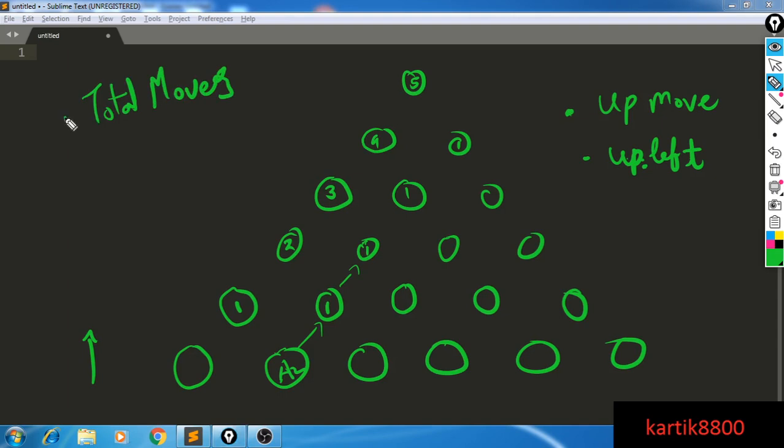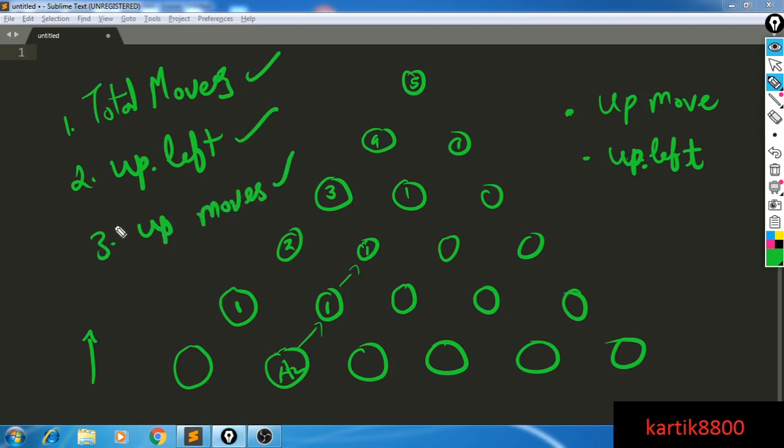So you know the total moves needed. You know the exact number of up left moves needed, the moves that you make in the directionally left upward direction. And since you know the total moves and the up left moves, you also know the normal up moves that you need to make, and you have all the information about your path. Your path is going to consist of up left and up moves, and using some basic combinatorics you could form the number of paths that start from here and end here. So here's the idea. You have to make exactly one up left move for A2, and the remaining 4 moves will be normal up moves, and you could arrange them anyhow, right?